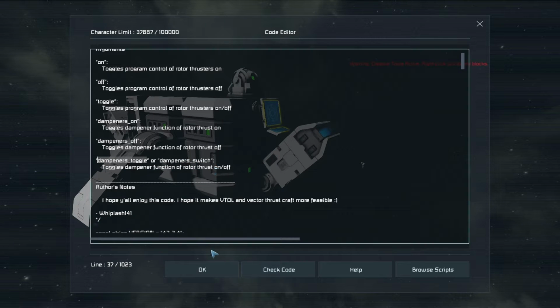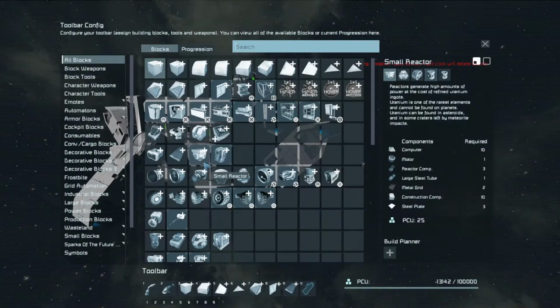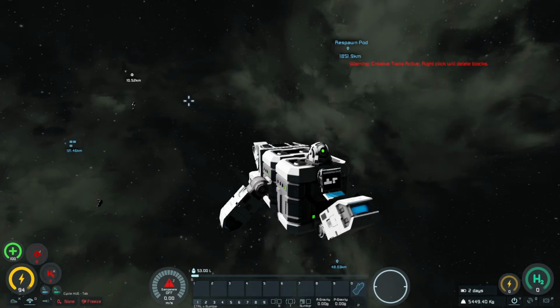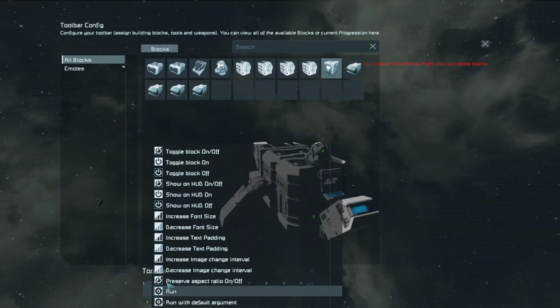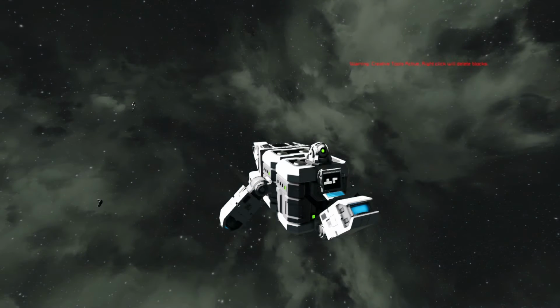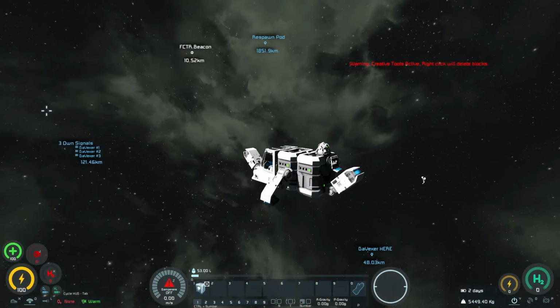Or dampener switch, either one. Hit OK. Close that out. And when you're in the ship and hit G, you want to grab the programming block and do run. And then just paste it right here. Dampeners toggle. Hit confirm. And that way you can toggle dampeners on and off when you're running the script for